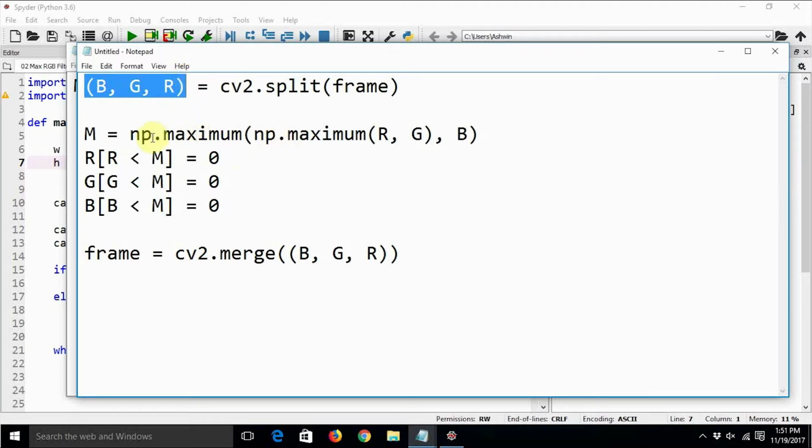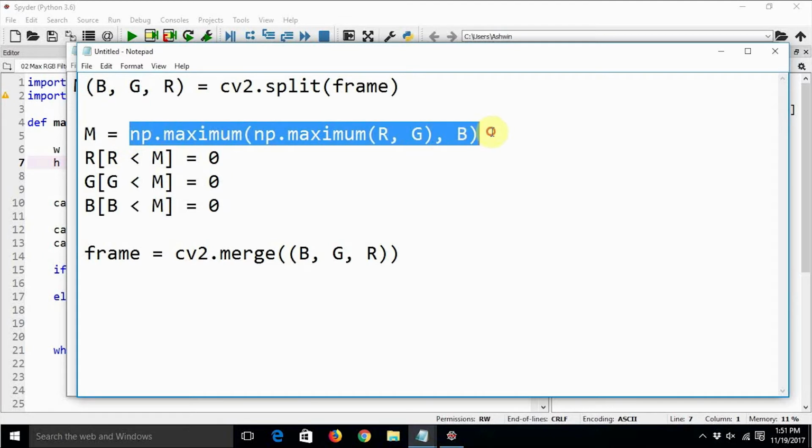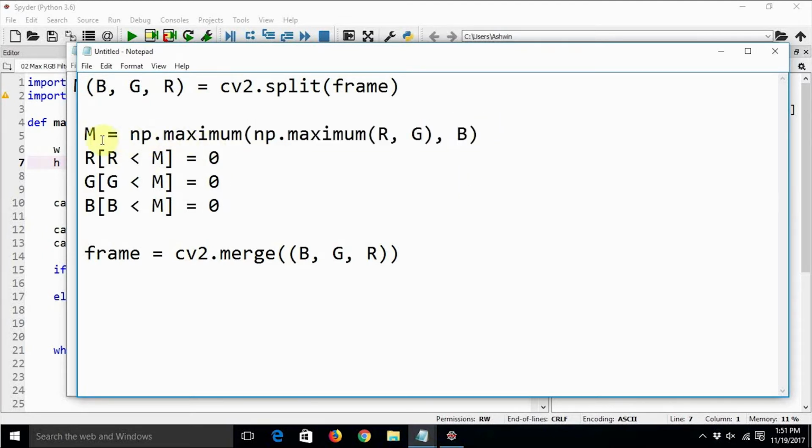Once we have all the channels separated, we compare them with each other, and M is the ND array which holds the maximum of all the channels, a two-dimensional matrix holding the maximum value of all channels pixel-wise. Then we compare: if the red channel is less than the maximum, we turn it to 0. The same for the green and blue channels, and then we recombine all three channels to create the output frame.